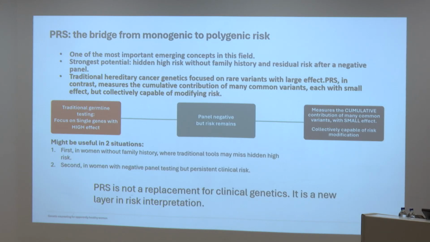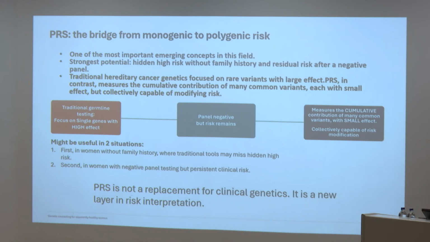And as we test more and more genes, the interpretation burden, of course, increases, especially with this loose phenotyping. Polygenic risk score is a bridge from monogenic to polygenic risk. In germline testing, for example, in BRCA testing, it's the traditional germline testing. We focus on single genes. We search for pathogenic variants, we search for mutations, high impact genes with high effects. But if the panel is negative, but sometimes we know that the risk remains, polygenic risk